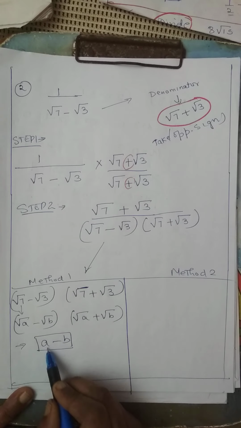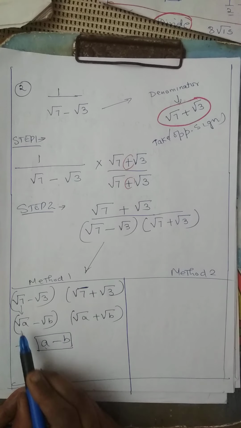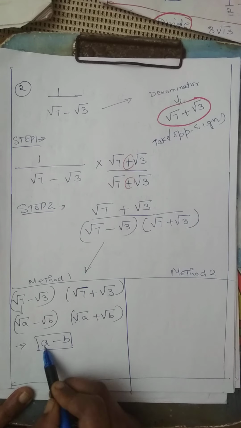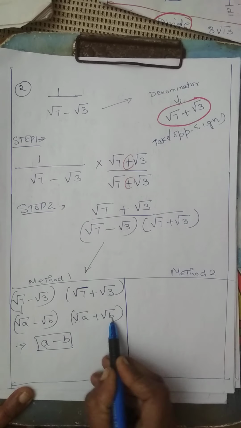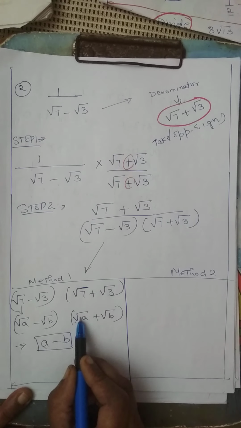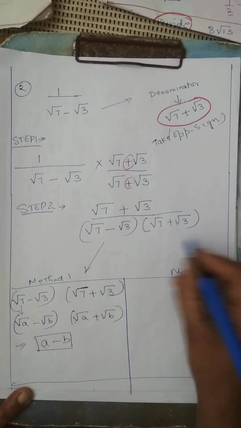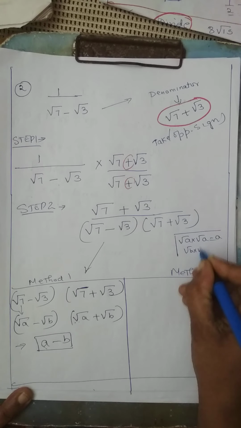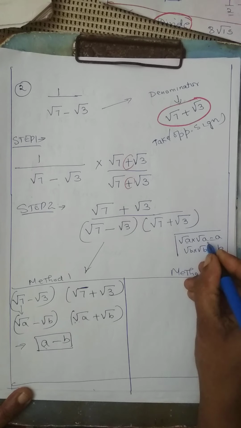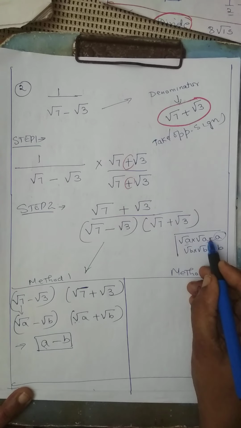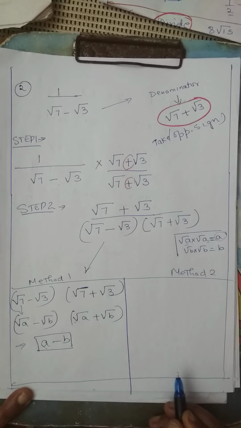Now I told you how to remember this identity. Say in your mind, root A is multiplied 2 times. So if root A is multiplied 2 times, you get A back. When root B is multiplied 2 times, you get B back. It's very easy. Okay. So root A the whole square. Just a demo here. Root A multiplied by root A, am I getting A? Root B into root B, am I getting B? Because when two irrational numbers of the same kind are multiplied, we get the number without a root sign.